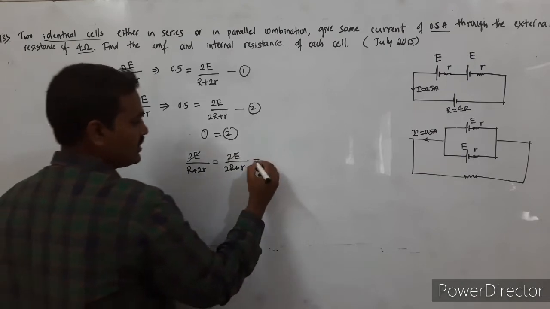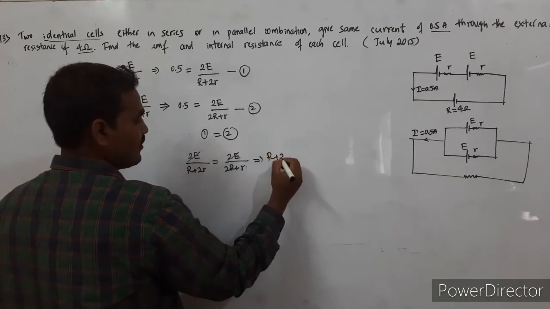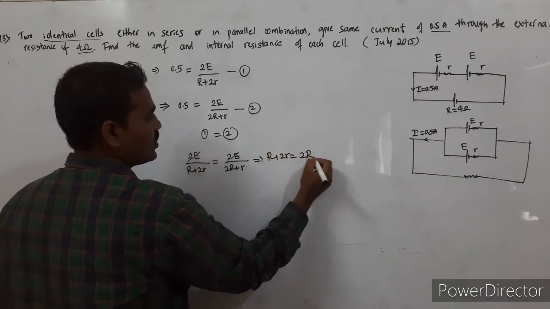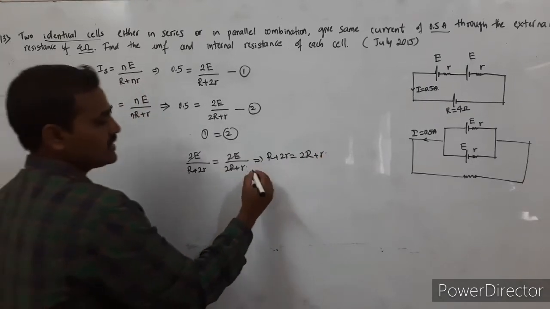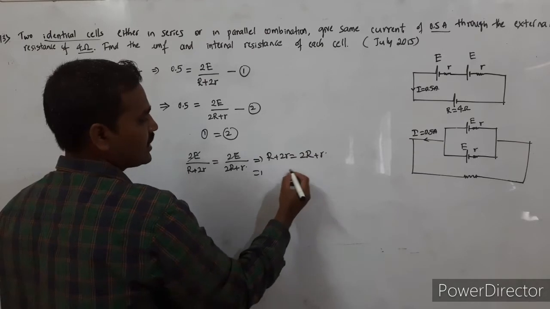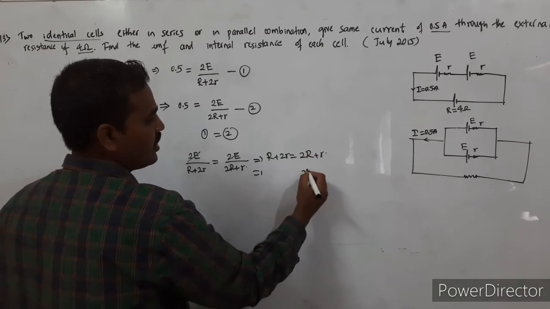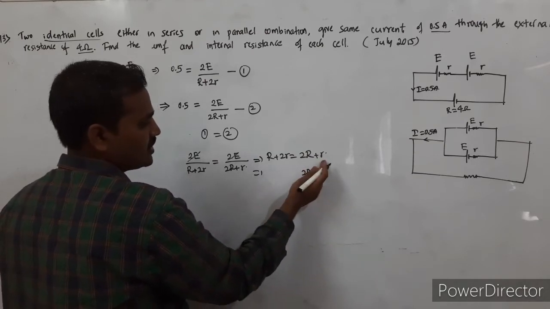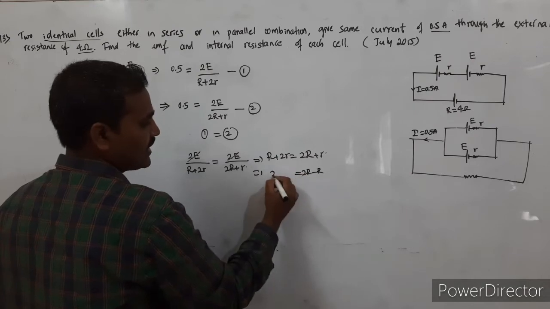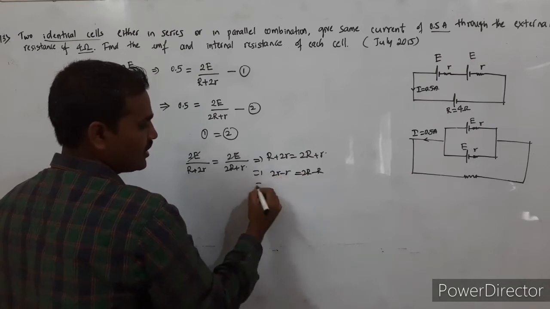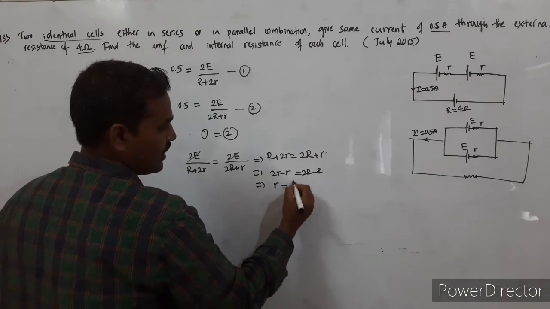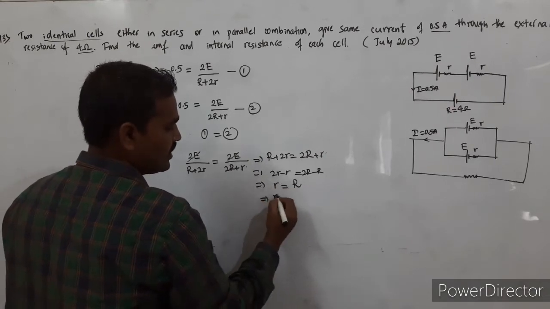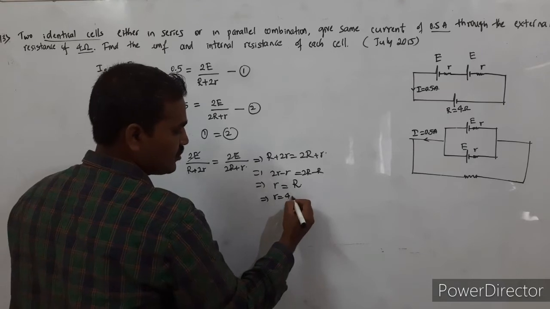So R plus 2r is equal to 2R plus r. Let us simplify this. I take capital R to the right side, so 2R minus 1R, and I take small r to the left side, so 2r minus r. This implies small r is equal to capital R. So the internal resistance is equal to